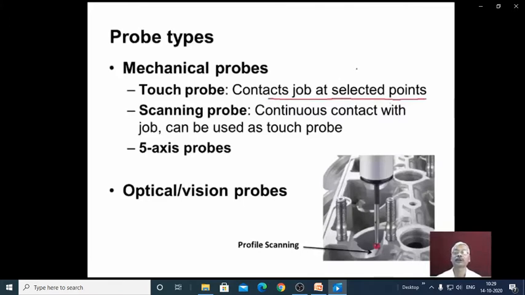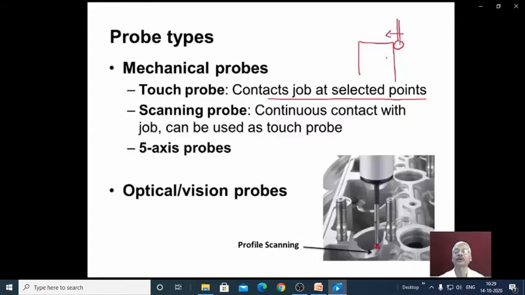The operator operates the joystick and moves the probe, and then the probe makes contact with the workpiece, and like this measurement is carried out.